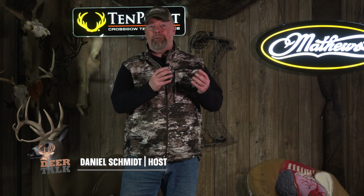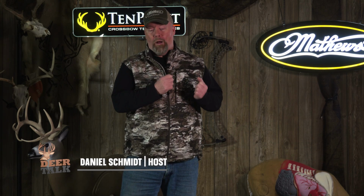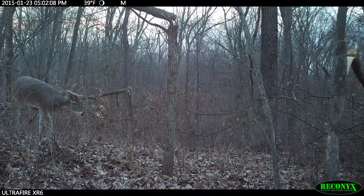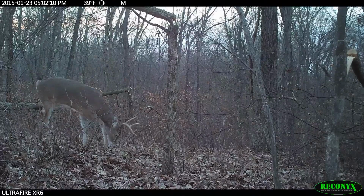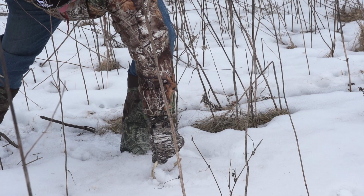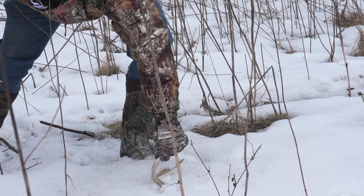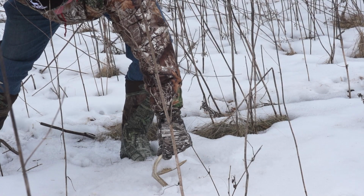Last week we talked about the shed process, when bucks shed and why they shed. Today we're going to talk about the specifics on where you can find them. For me, shed hunting is the scout part. When we say scout, manage, hunt, that is the biggest key for me, in spring and even late winter,